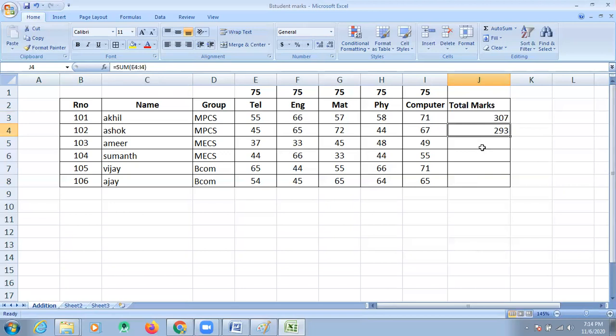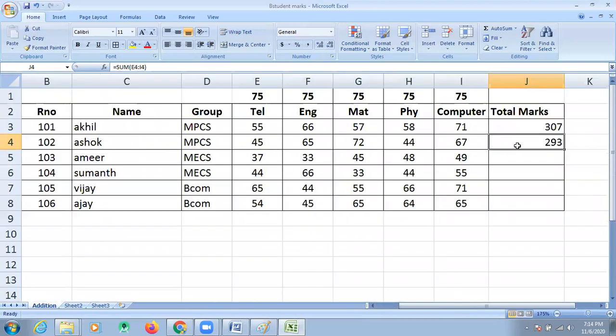If you do not want to give a formula for every cell, you can select any one cell, and downside, look here, I'm zooming.